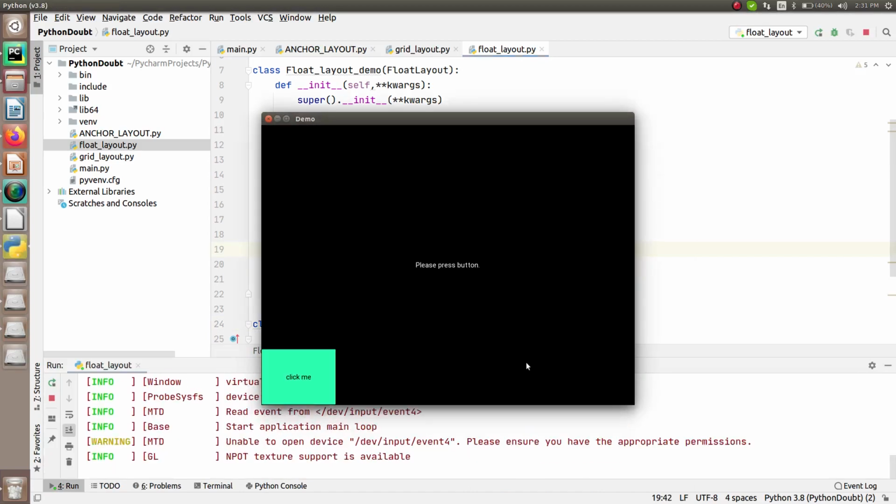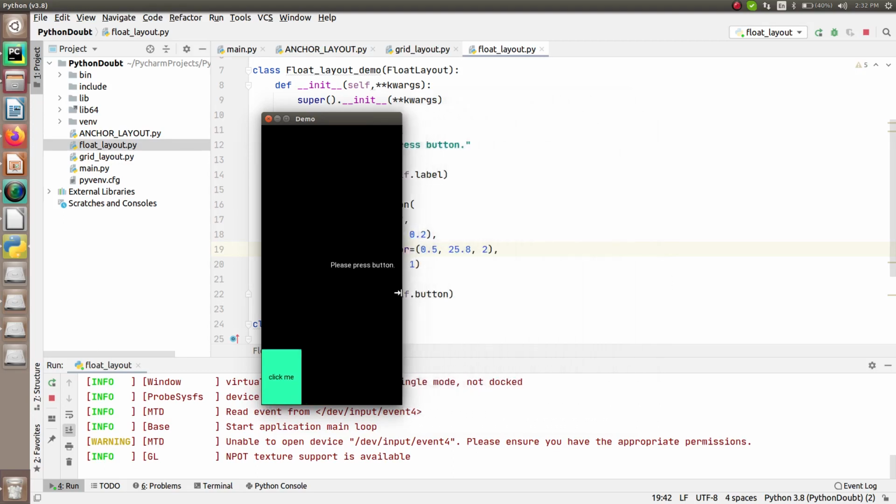So can you see, this is a button and by default it is at this position, which is the origin of the window, right? So this is the origin, and with respect to that you have set the position, which is 20% and 20%. So that means 20% of the window and 20% of the window. This is the y-axis, this is the x-axis. So this is how you can see it.